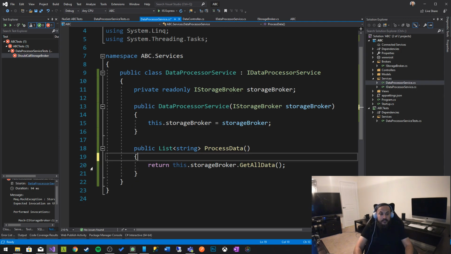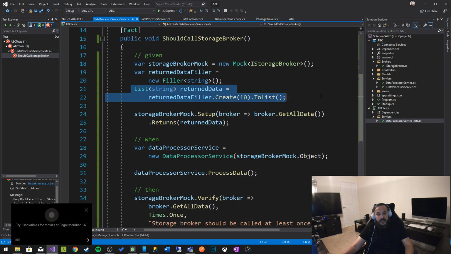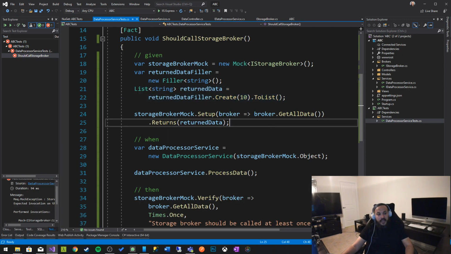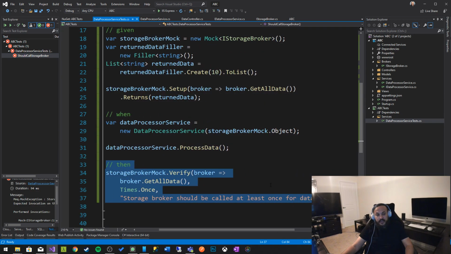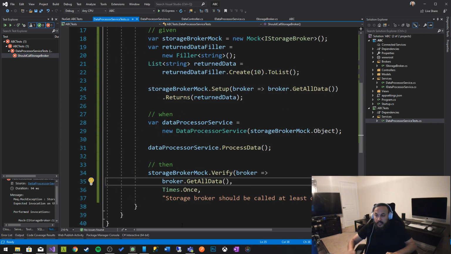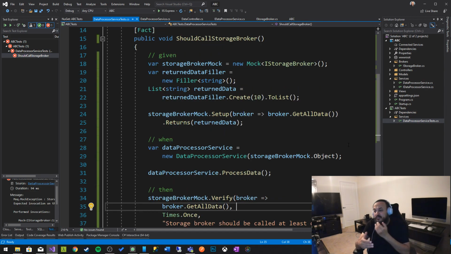So remember that we used in our test here a couple of things. We used AutoFixture to create a random list for us, and we used Moq to verify that things are mocked. We're going to come back to the third most important library very shortly after we do this. So now the next thing we want to do, we want to verify that we have done some logic